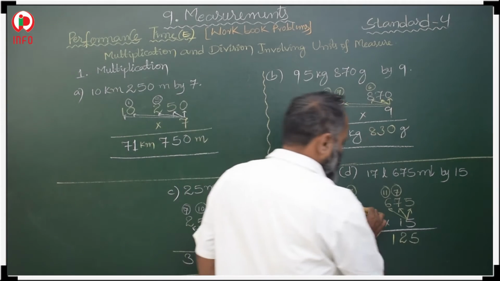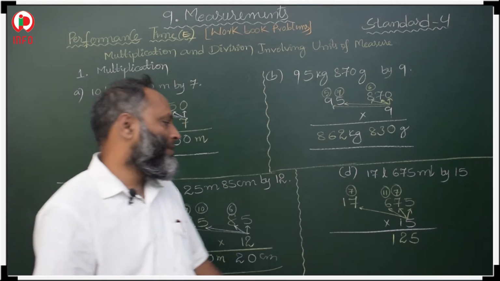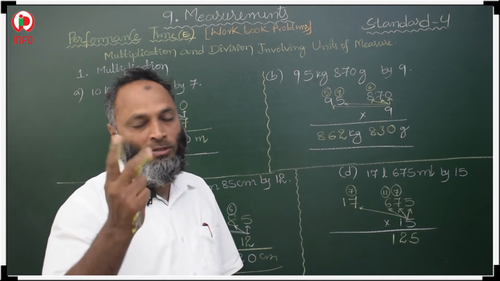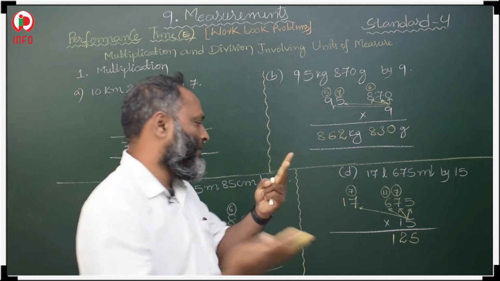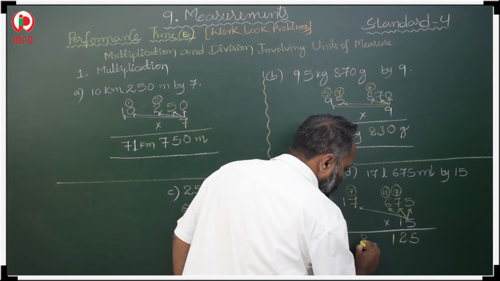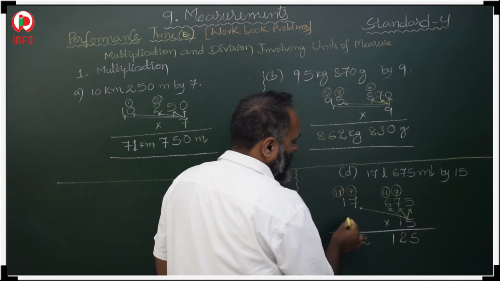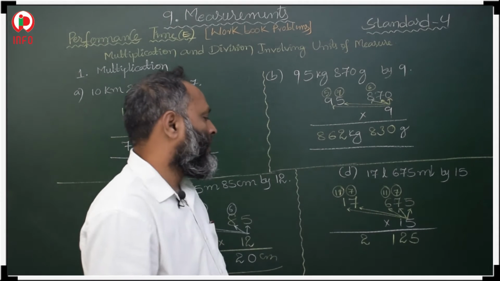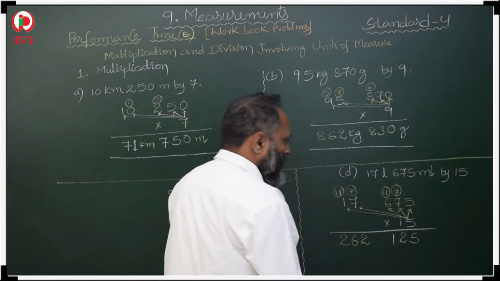Then 15 7s are 105, again same, 105 plus 7, 106, 107, 108, 109, 110, 111, 112. 2 here and 1 11 here, 112. 15 ones are 15, plus 11 is 26, 262 liters,